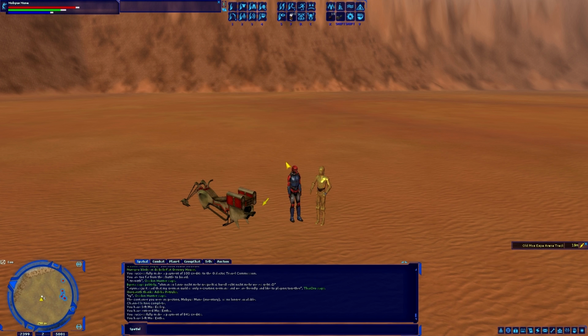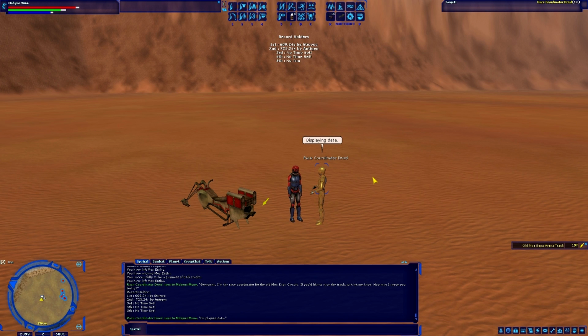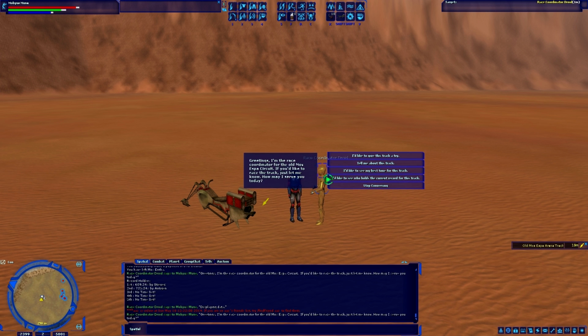But I'm at the Mos Espa racetrack right now, so we're going to go ahead and do this. Let me see. What's the record? Let's see who holds the current record for this track. Oh, look. That's cool. So it actually gives you all 5. So first place was Stivik, 609.24 seconds. We can beat that. So let's do it while I go over the